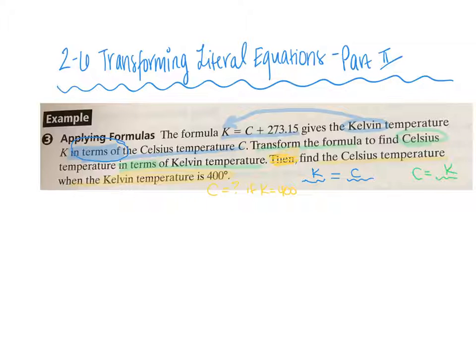I already have the blue. I've got Kelvin temperature in terms of Celsius. I have to add 273.15 to my Celsius to get my Kelvin. Now it wants me to transform it into my green, where I have C equals by itself. So how do I transform this to get C by itself? Let's get through our 5 steps